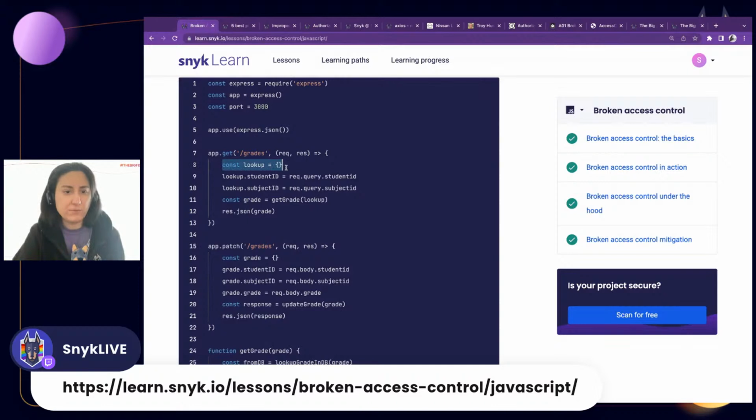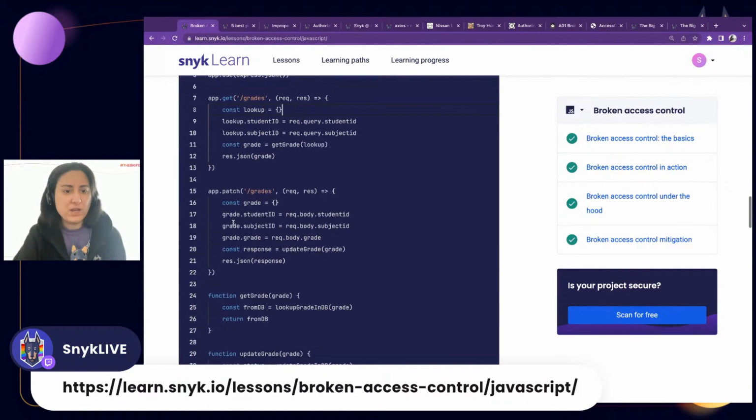So here, what do we have? We have an empty object for the lookup, and we're adding the student ID, the subject ID, and then the grades. And then by using this endpoint, we have all of this information that we've actually seen a little bit earlier. And how can we update this?